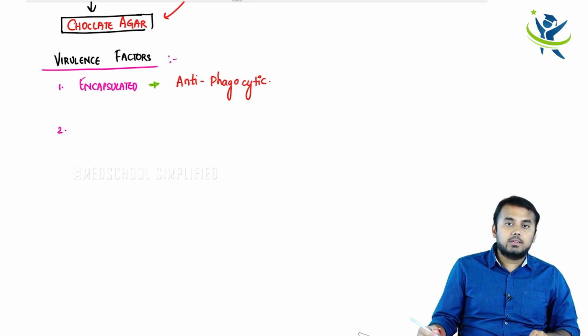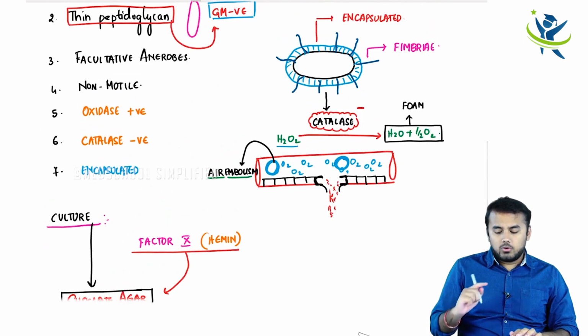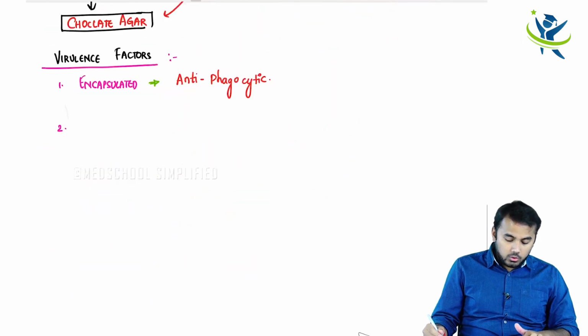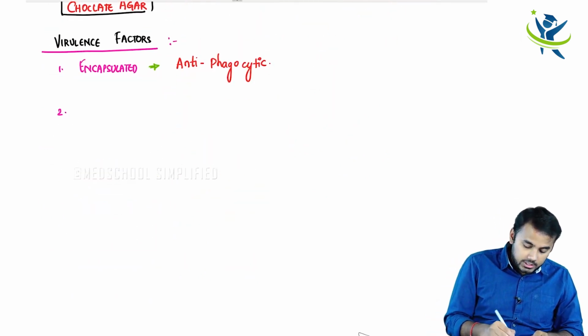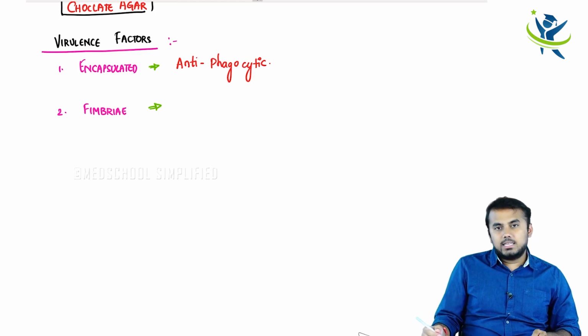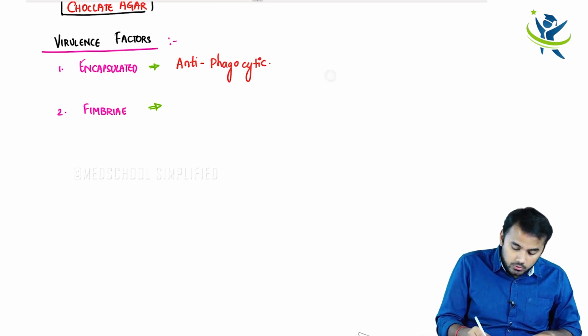Second important virulence factor. In the previous picture I have shown you that surrounding the bacteria you have some structures. These are called fimbriae. Isn't it? So the second important structure is fimbriae. And what are these fimbriae and why are they so important? See, basically these fimbriae have some proteins within them, right? So for example,